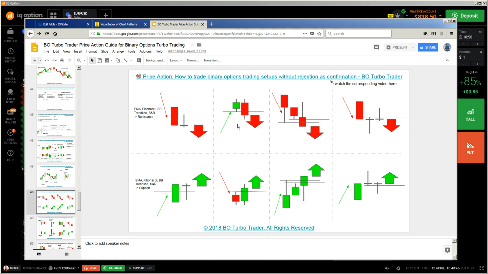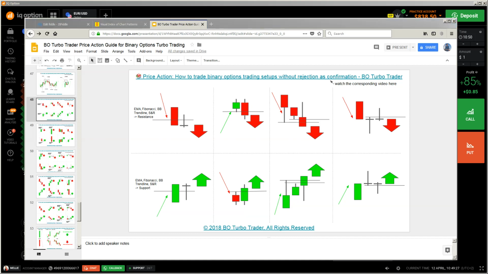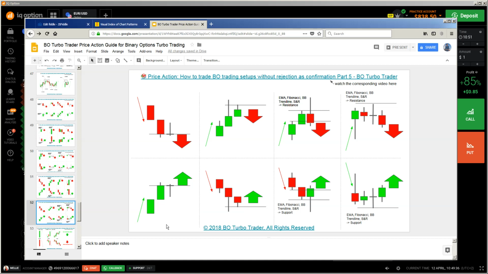Now let me see if I can show you some examples of those trading setups. And the first thing which I'm going to show you, let me see if I can find one. So, okay, here is a trading setup. This one which I'm going to show you is based on this one here. Yes, we have this one, and I'm going to show you this example now. You see here we have an uptrend, then we get a green candle, and then we got a dragonfly doji, and after this you can do a call without any kind of rejection because of this kind of